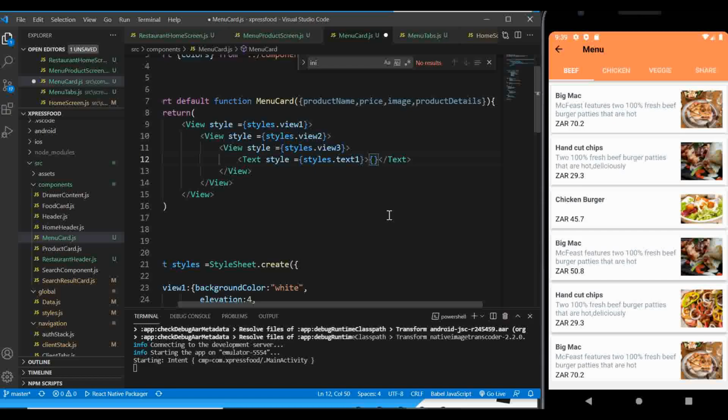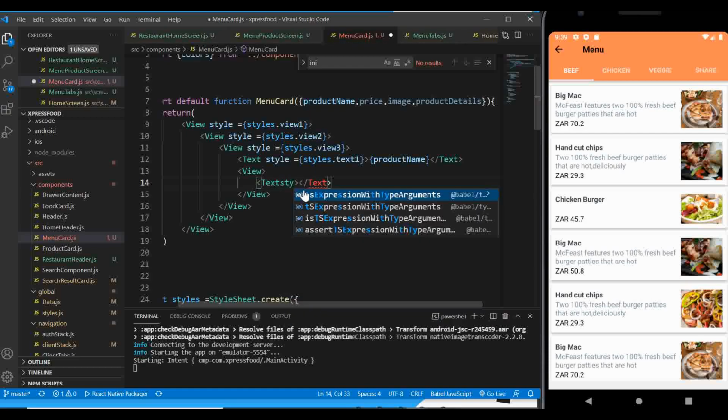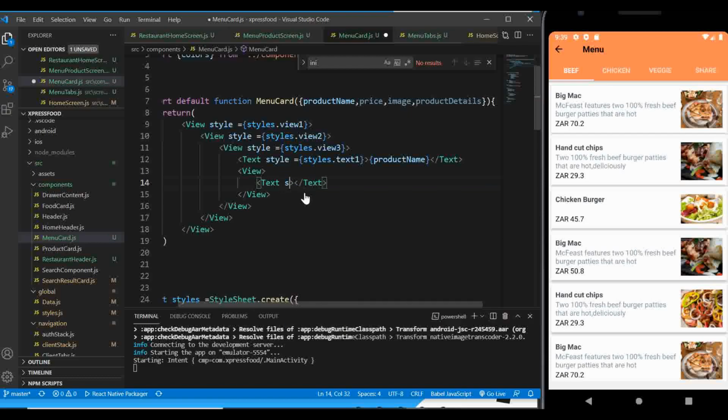So I'm going to use product name here, and also after this I'm going to open another view, and inside this view I'm going to open a text component, and I'll pass a style to it also. The style will be styles.text2, and here we're passing the product details, which is all this text in between. So we're gonna say product details,